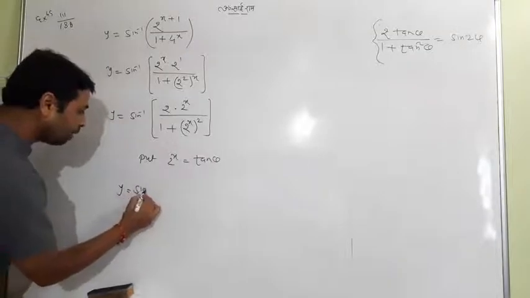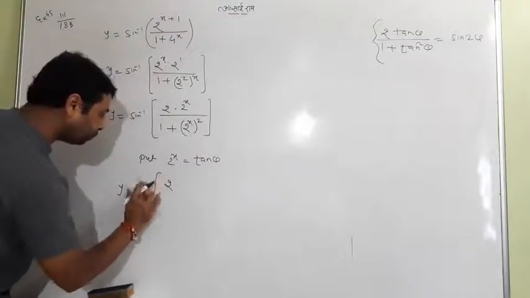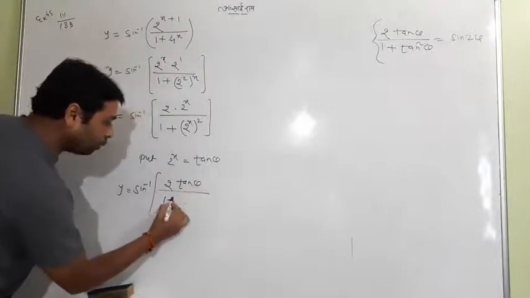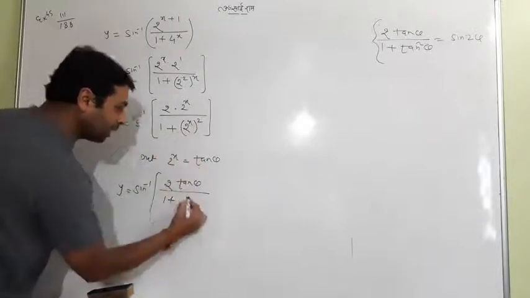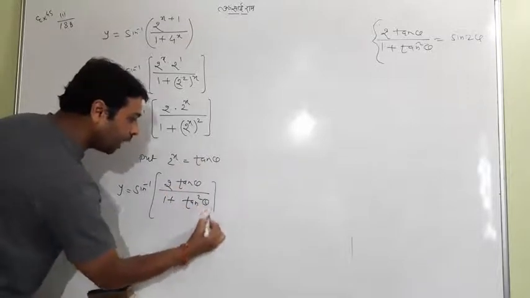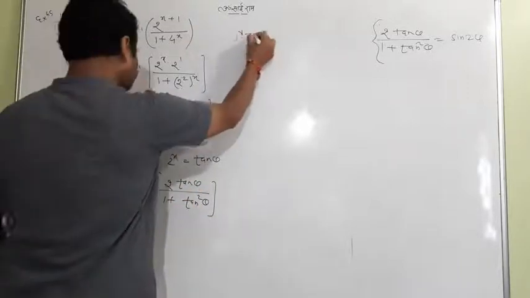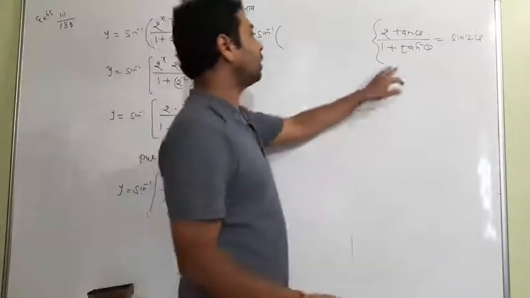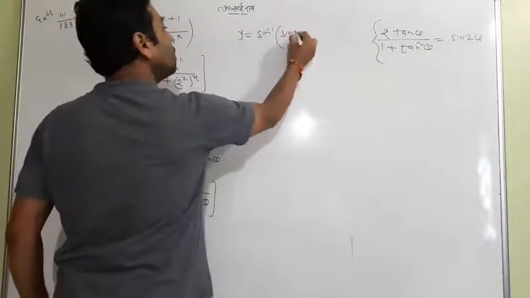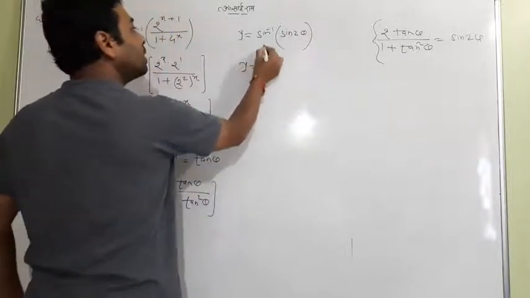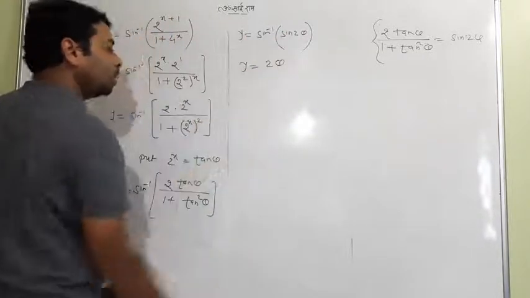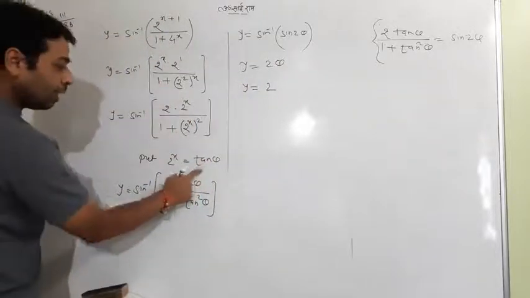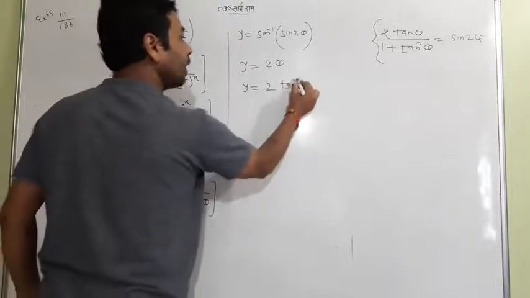So it will become sine inverse of 2 into 2 to the power x equal to tan theta upon 1 plus 2 to the power x equal to tan theta, and then the square will be tan square theta. Now it is looking like a formula, and I'll use the formula 2 tan theta upon 1 plus tan square theta equals sine 2 theta. So using sine 2 theta directly, sine inverse and sine will cancel each other. It will be 2 theta. Now put your theta. Theta was tan inverse 2 to the power x.